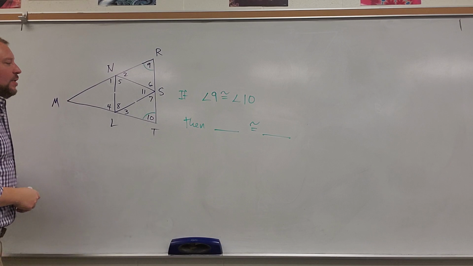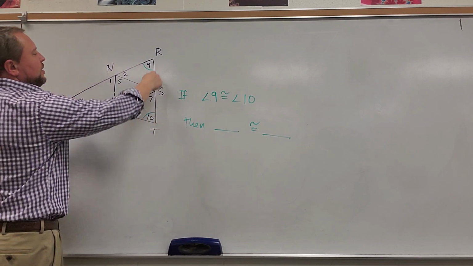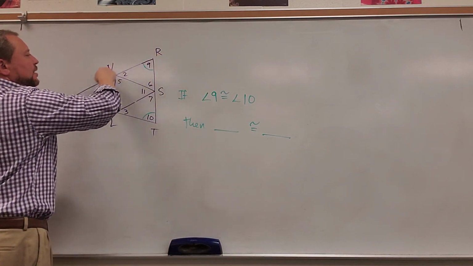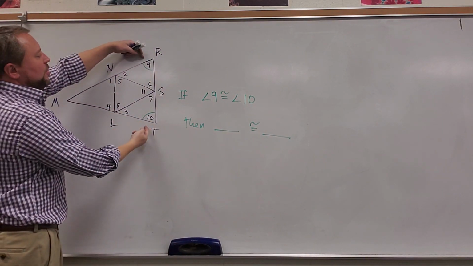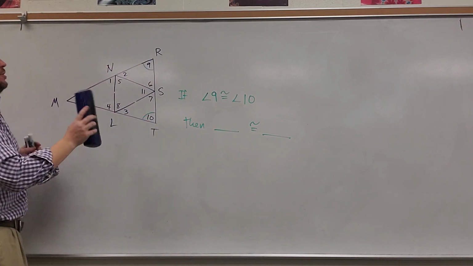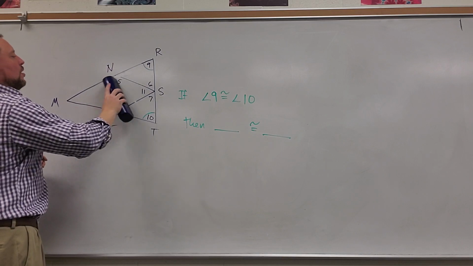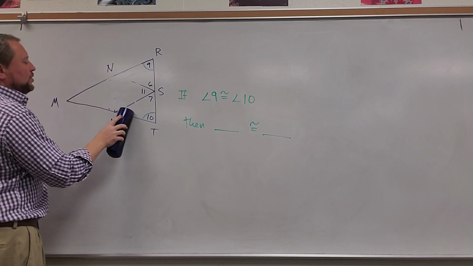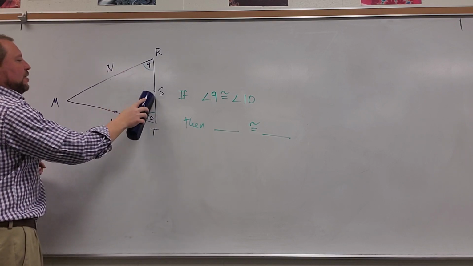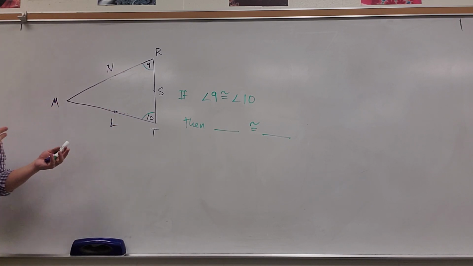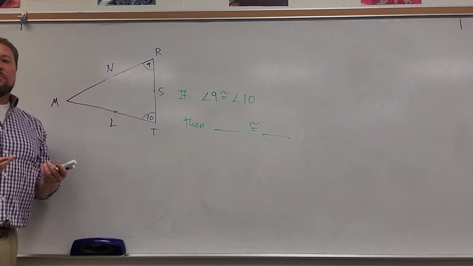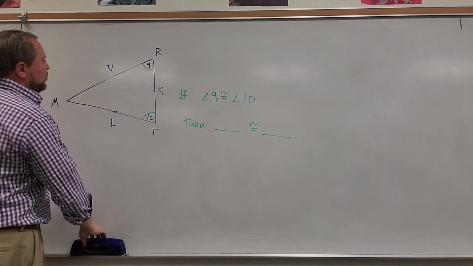Okay, so now you need to recognize that 9 and 10 are only a part of the overall triangle. See that? That's the only triangle that contains both of these angles. So focusing on the big overall triangle, you need to be able to ignore all of this mumbo jumbo in the center. Pretend that's not even there now. And now when you look at it without the middle part there, just focusing on the big triangle, I hope it's pretty easy to see that if you went across